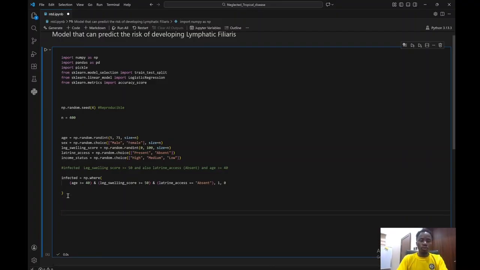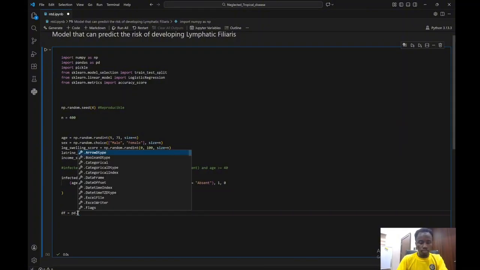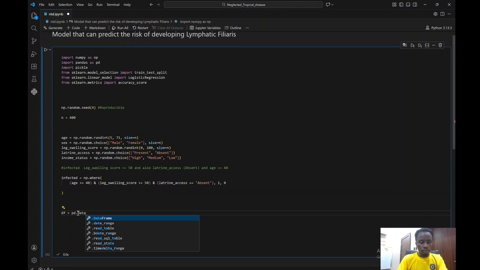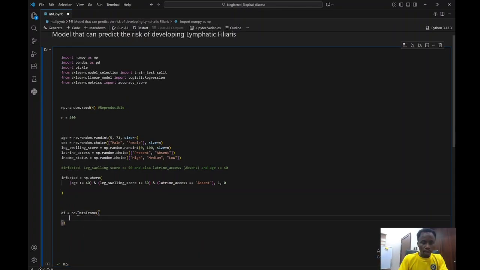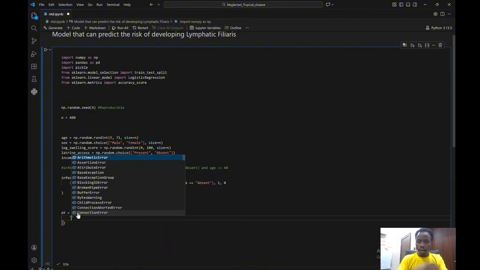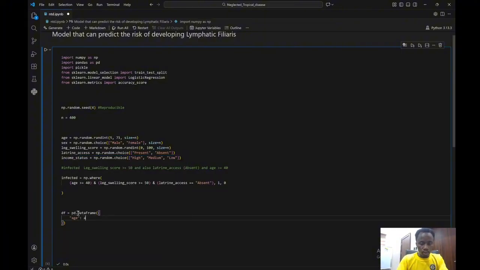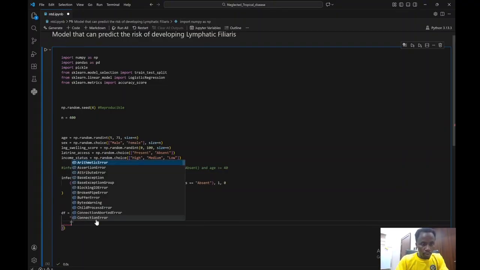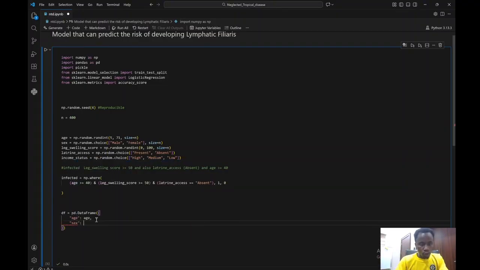Now the next thing we're going to do is load the data frame. So we can say df is equal to pd, we call the pandas method, pd.DataFrame. We call this constructor and pass in a dictionary. Inside this dictionary, for age it's going to be age, based on the variables that we've generated here. Then for sex it's going to be sex, and then for